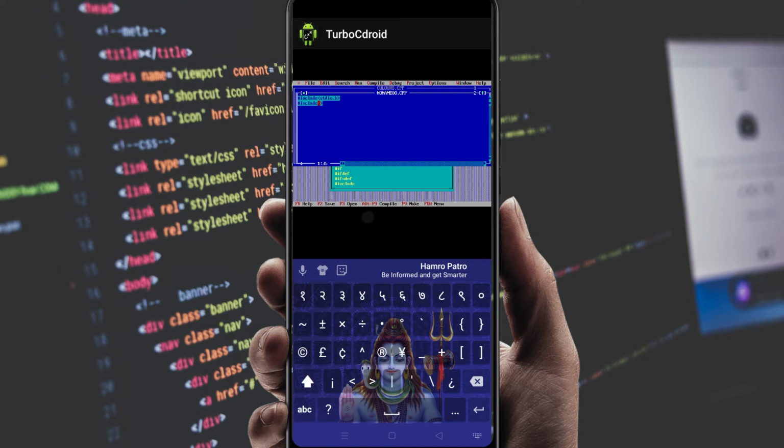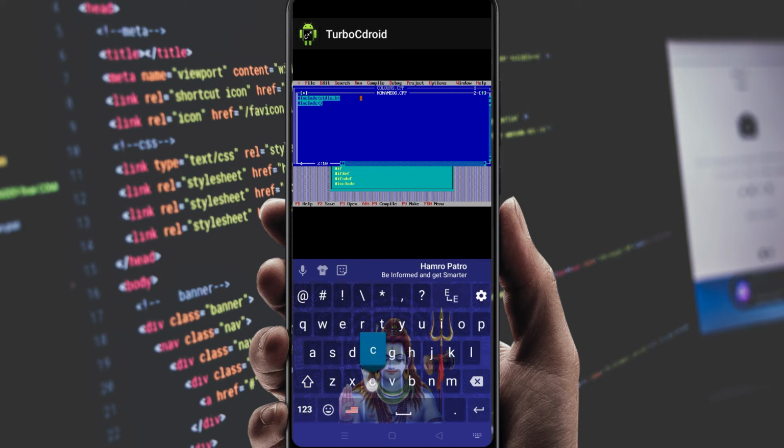Let me type conio.h. These two are the header files, and let me write void main.